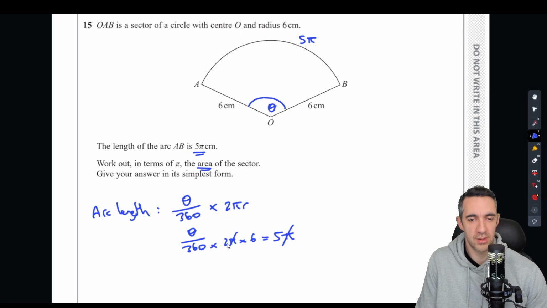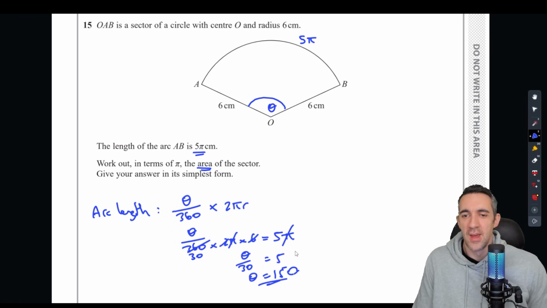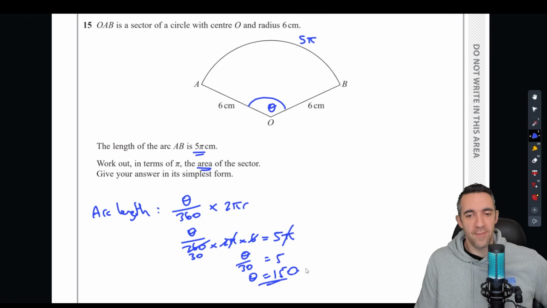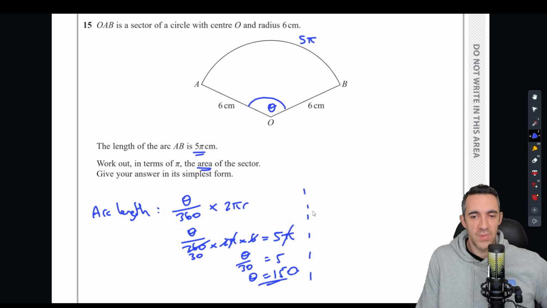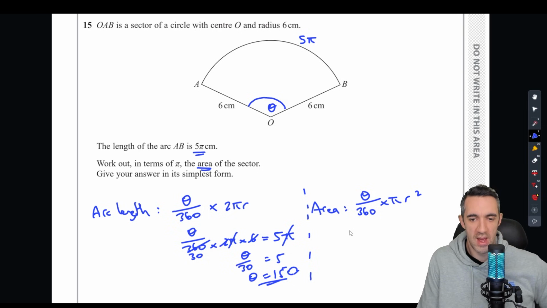We get 2 times 6 is 12, and we can cancel that with the 360 to make 30. So we have theta over 30 equals 5. There we go. Remember, it's all going to work nicely with our calculator on our non-calculator papers. So we get 150. So now we switch to our area. So it should be theta over 360 times pi r squared. So if we fill all this in, times pi times 6 squared,